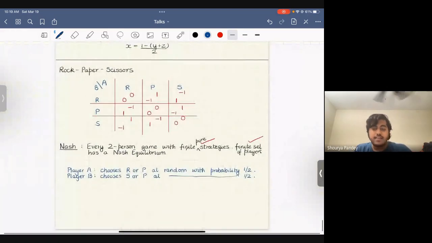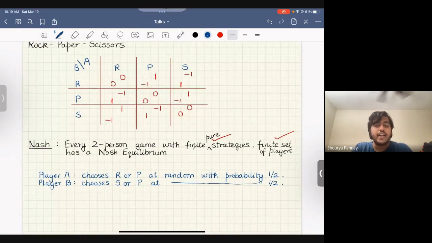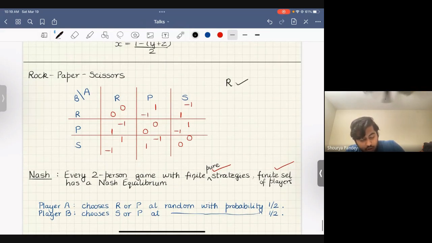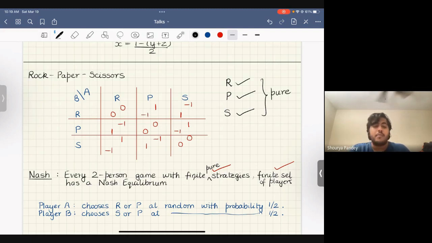So now these are strategies which are actually probability distributions over these strategies, right? I have a strategy which is to play rock, another strategy to play paper, another strategy to play scissors. These are called pure strategies, right? But now I could define a probability